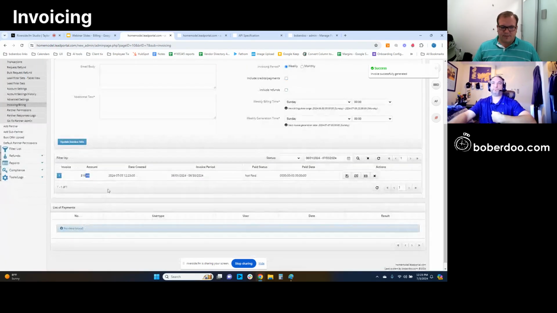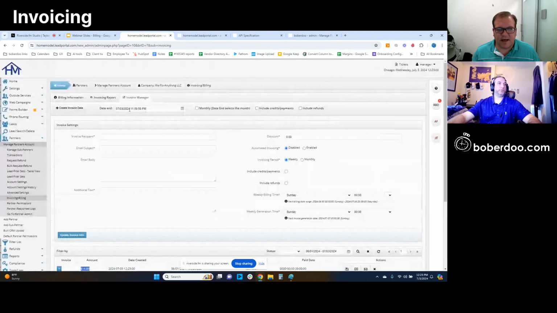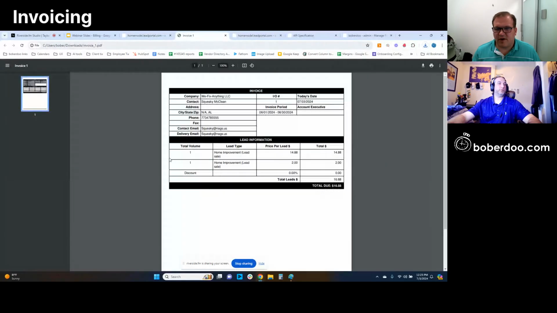Yeah, so you don't typically do it on the fly, but since there were leads sold by this partner or to this partner, we can simply click that generate invoice, and then the PDF that you can have automatically emailed is sent. It looks something like this. We have options to include your logo if you have that in the lead system. And then this is the invoice. It is an aggregate of all the leads sold at the per price. So if there were 10 leads sold at $2 apiece, that would all be aggregated into the line item